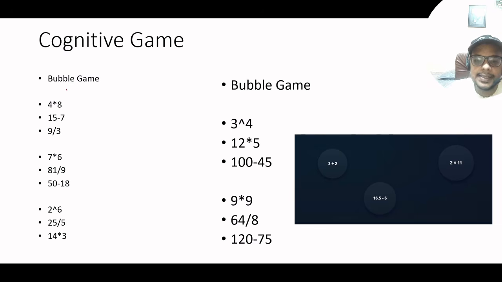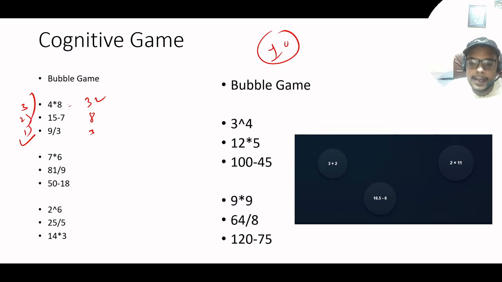Let's solve some games. The first is this one. Quickly calculate the values, and please solve all the questions with me. This will be 32, this will be around 8, and this will be 3. So this one will be first, this will be second, and this will be third. We need to click quickly within 10 seconds. Then this one: this is 9, this is something like 32, and this is 42. So we click on this and this quickly, like 10, 10, 10. That's it. This one has the lesser value, then this.